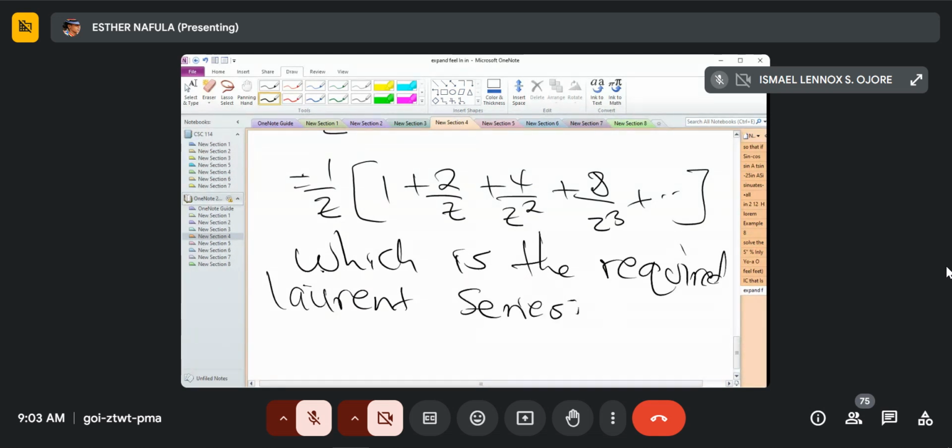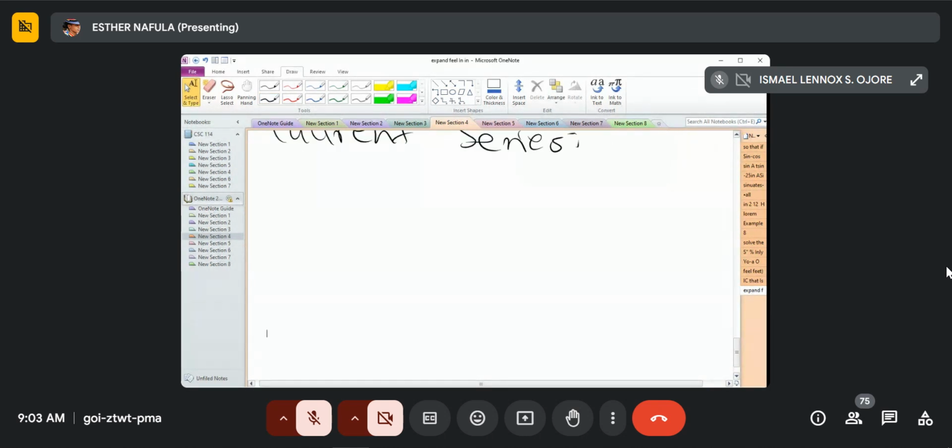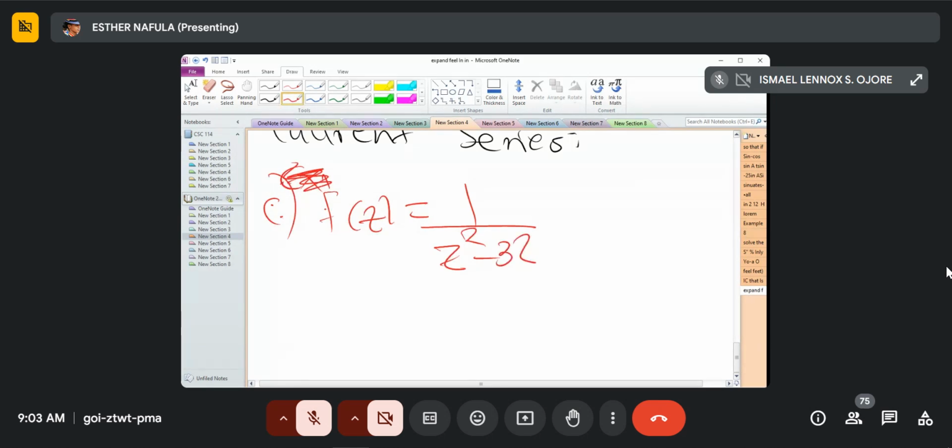Let me now give an example where you have an interval, also where you do not have the partial fractions in the first place, so you have to do all the donkey work. Part C. Expand f of z equals 1 over z squared minus 3z plus 2